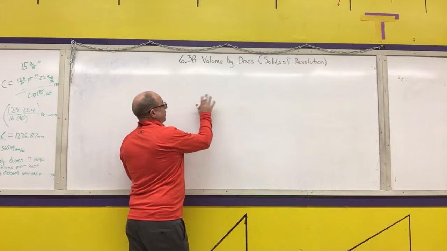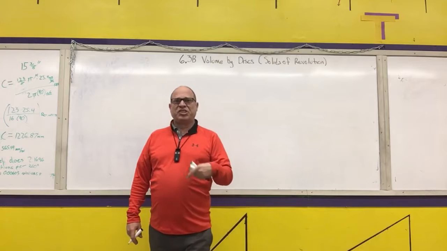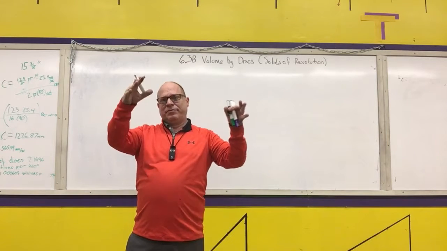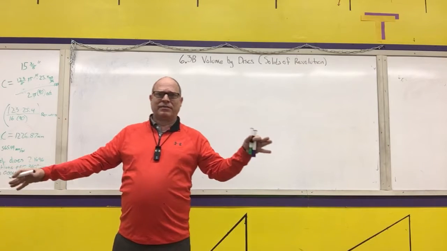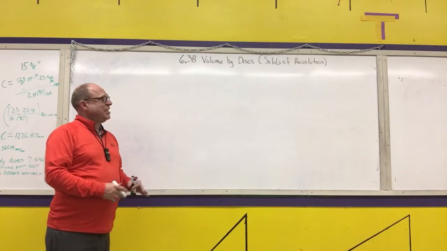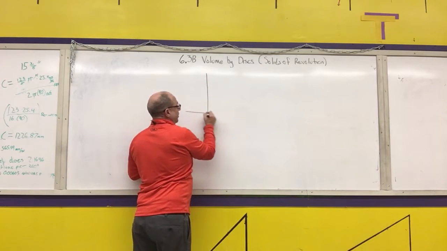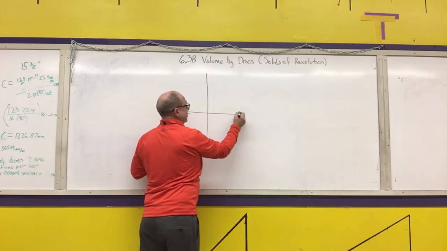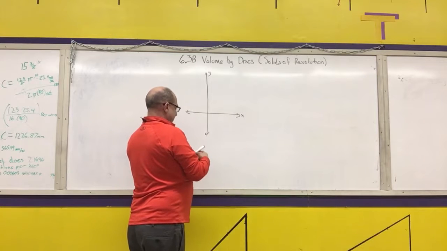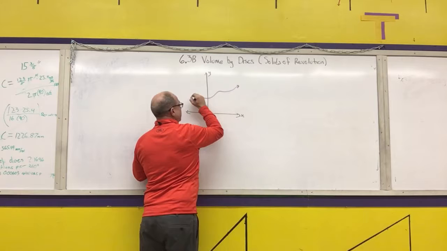The way we get a volume by a disk, or in the next section also a volume by a washer, is these are solids of revolution. No longer am I going to take something that's going to have squares or isosceles right triangles or equilateral triangles as their cross sections. In this one, what I'm going to do is take a single function, any single function, f of x,